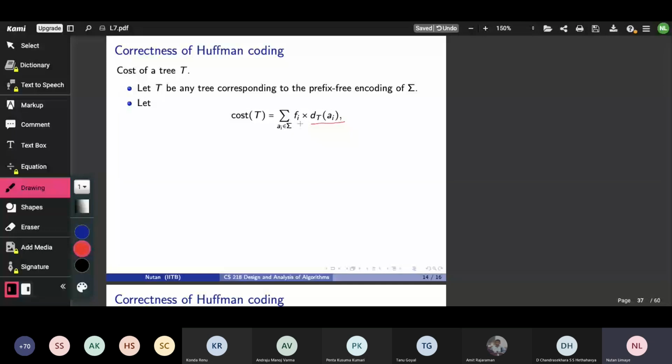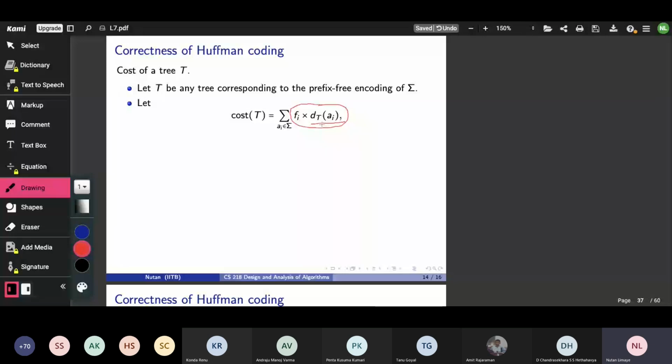So this quantity is telling you how many binary bits I will send to encode all occurrences of the letter ai in the file. Because to encode one occurrence of ai, I will be using dT of ai many bits, but I know that ai will appear fi many times. So I'll be using so many bits to encode the letter ai.